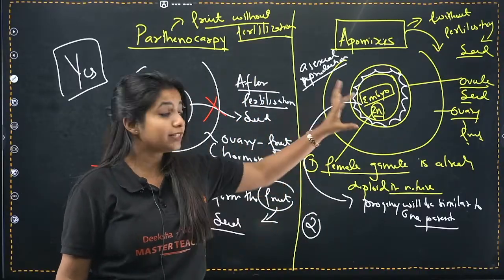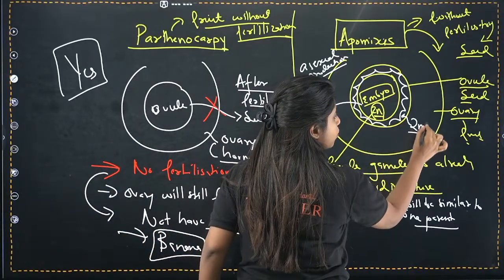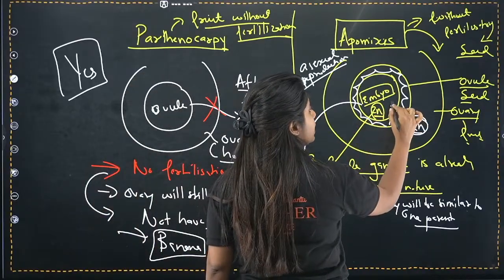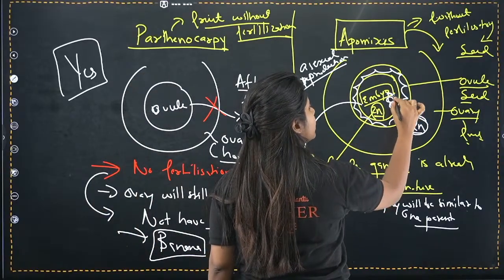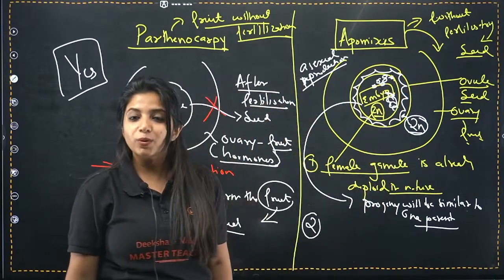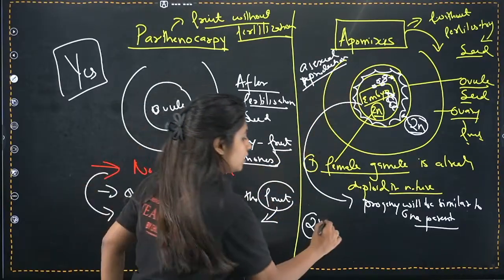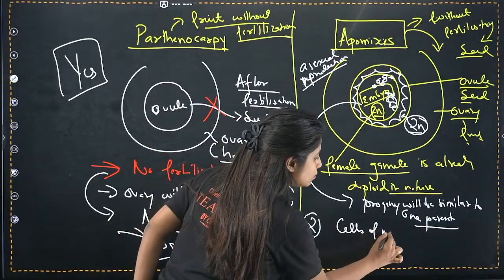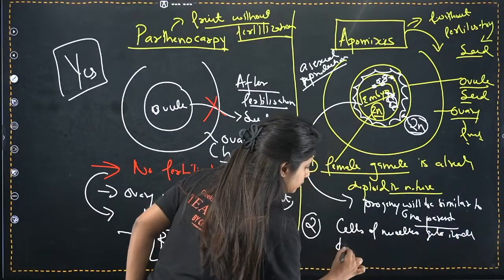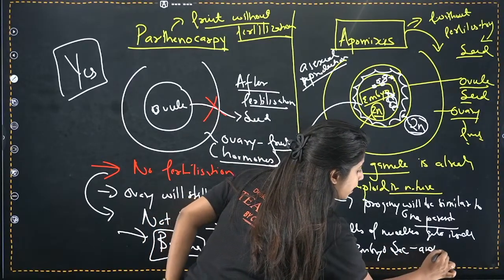What happens is that the cells of the nucellus are normal cells. They are again diploid cells, Baba. Sometimes the diploid cells get inside the embryo sac and they divide. And when they divide, they form embryos, and mostly they form multiple embryos. So we can say cells of the nucellus get inside the embryo sac. I know it's complicated, but it happens, and they form embryos.